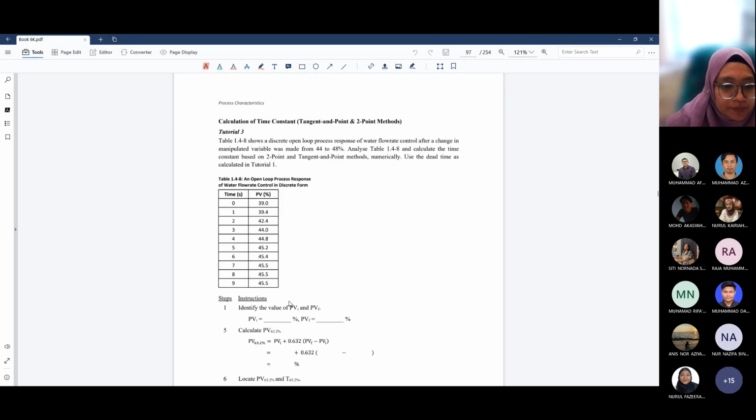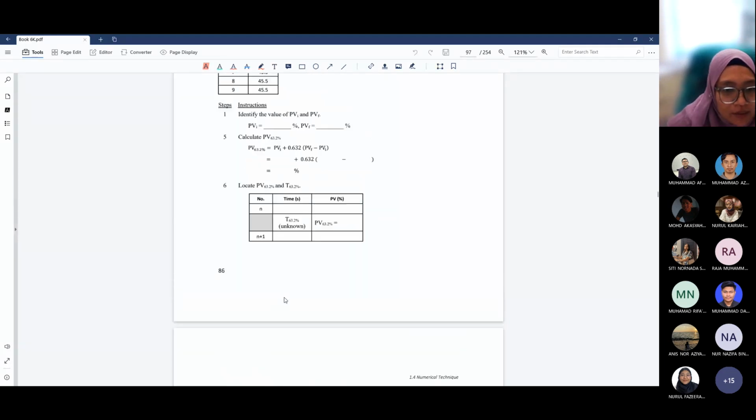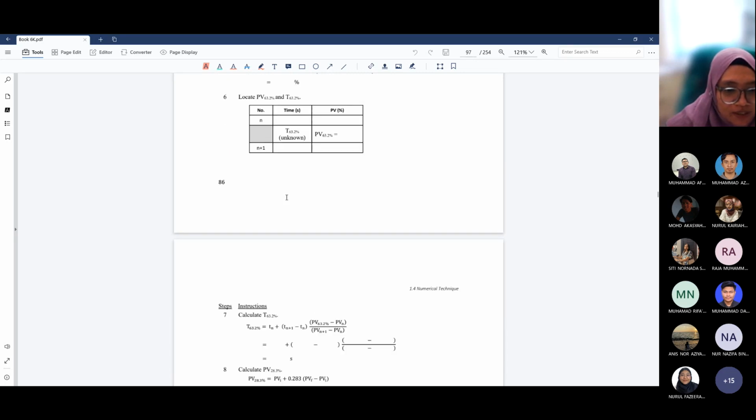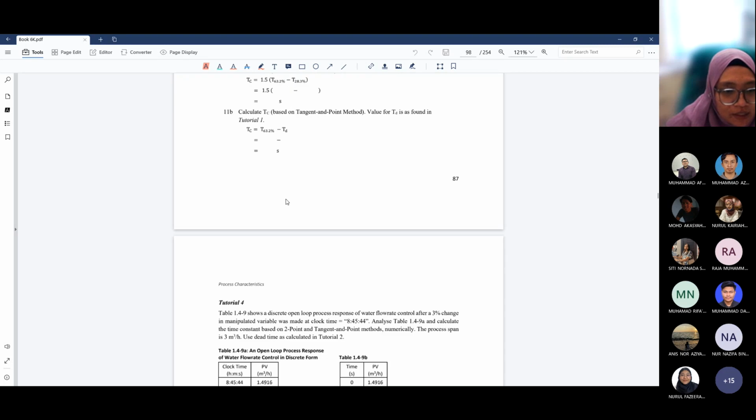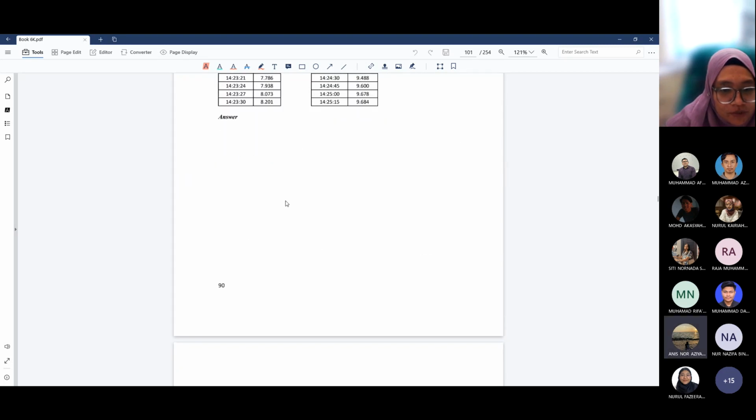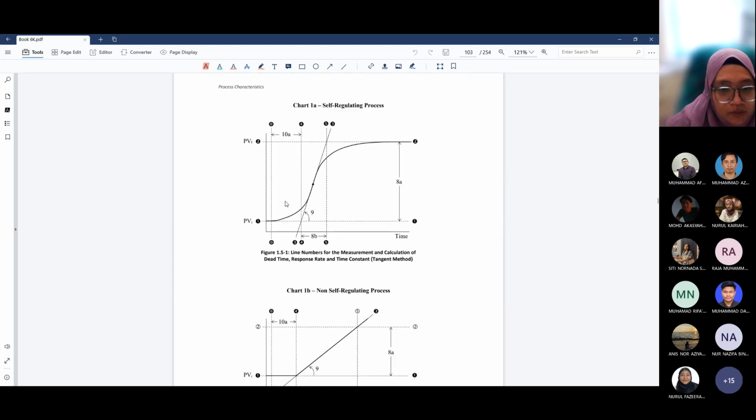Have we done up to here? The calculation of time constant, tangent and point and 2-point method, done right? I think this one is already covered, because I already showed you how to determine the n plus 1. All of this is already there, right? This table has also been done. Okay, now we continue